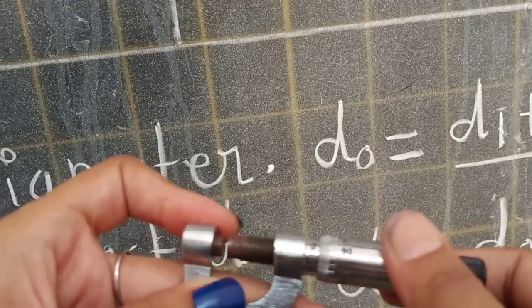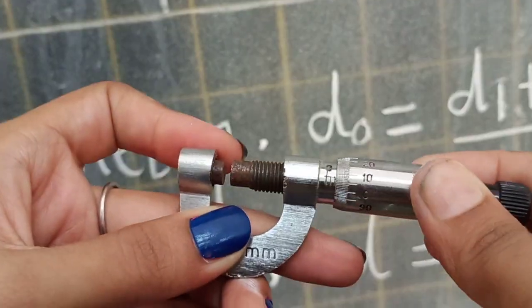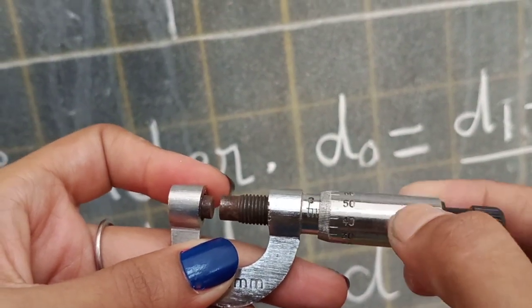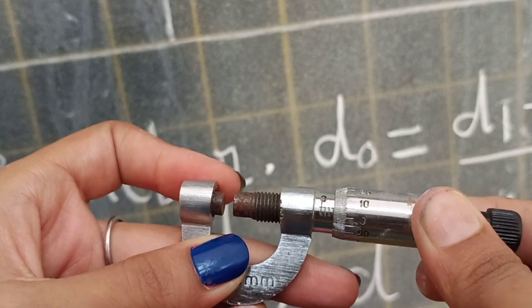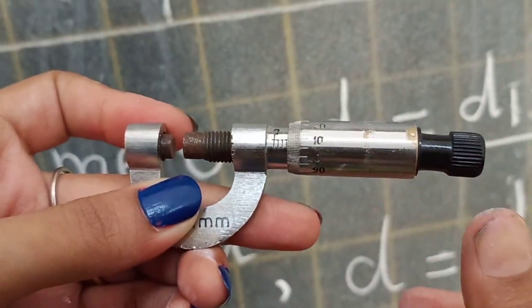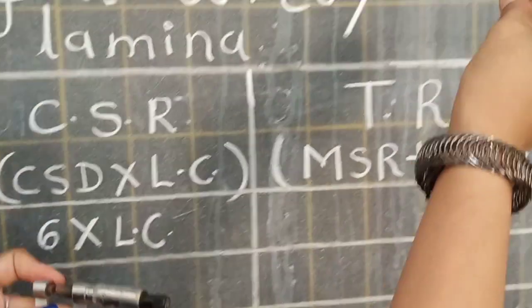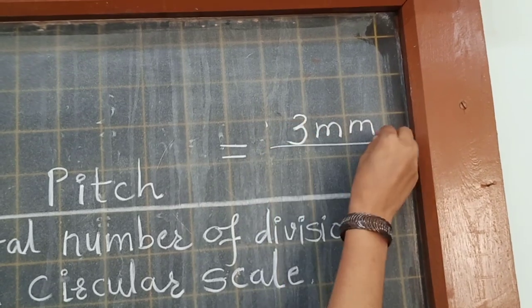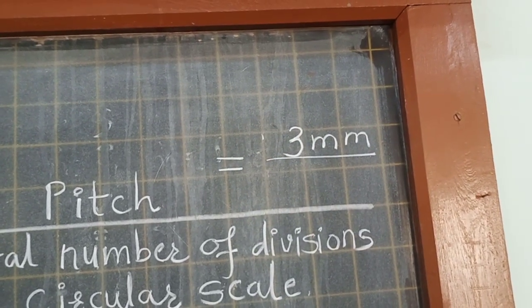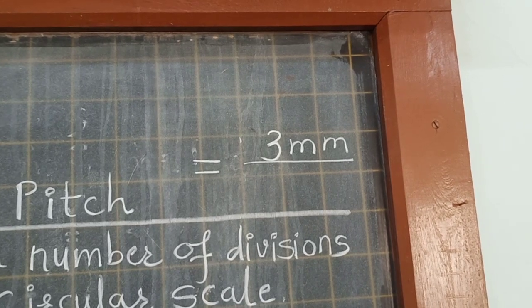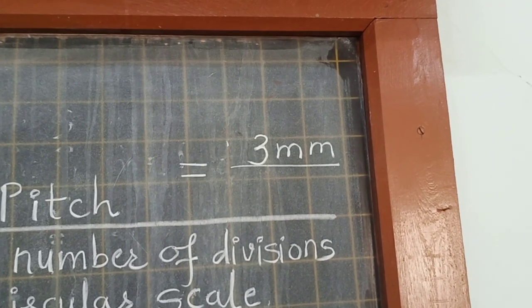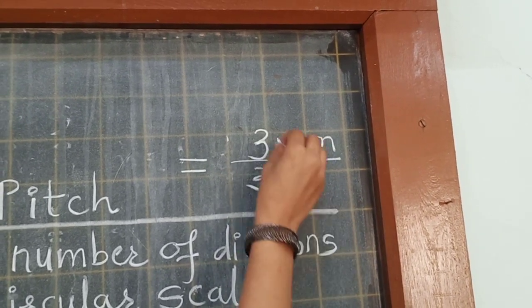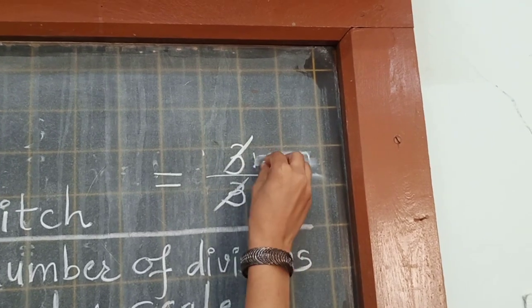In the second rotation again we meet the 10. So 2 lines are there in 2 rotations, and if I continue and find the 10 again, it means 3 complete rotations and 3 lines. It means now you get 3 mm as the distance moved by this particular screw, and it should be divided by the number of rotations. 3 by 3, the pitch will be 1, right? The 3 will cancel out, and therefore your pitch will be 1 mm.